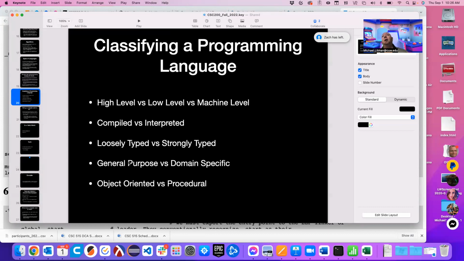Go ahead. So strongly typed means you can't reassign things? Once it's assigned, you can't change the value, and loosely typed, then you can reassign the value? Yeah, well, any sort of variable, you can change the value. You just can't change the type of value that was stored there. If you create a variable in a strongly typed language that's defined as an int value, that means it's only capable of holding an int. You can't put a Boolean in there. You can't change the kind of animal you put in there. But if you put a 5 in there initially, you can change it to a 9, as long as you stay within the same kind of value. Right? And we'll see tons and tons of examples of this. So I'm giving you very broad strokes of these things right now.